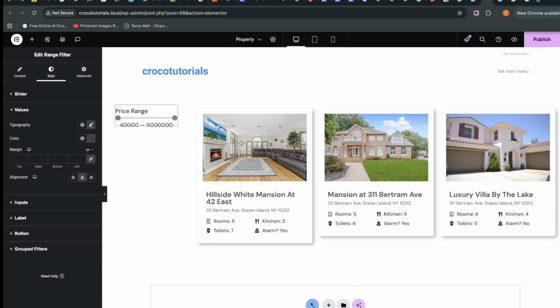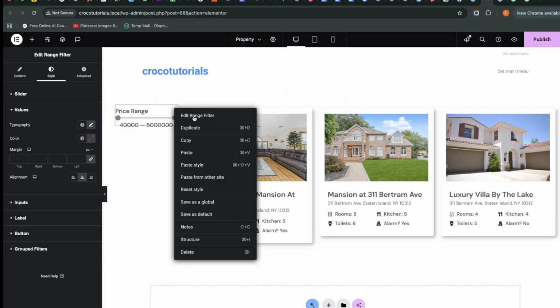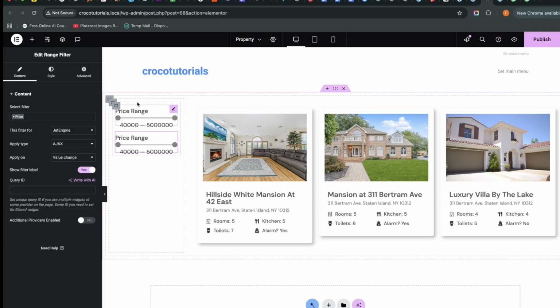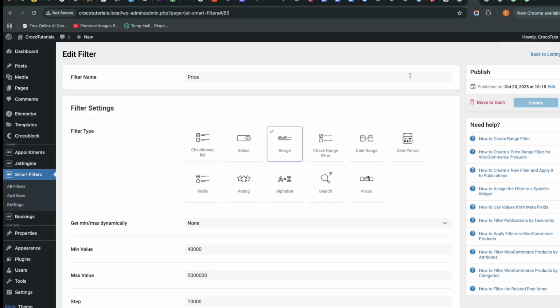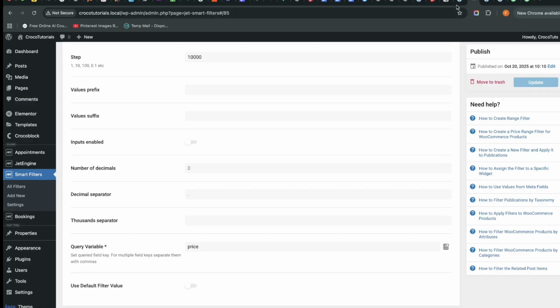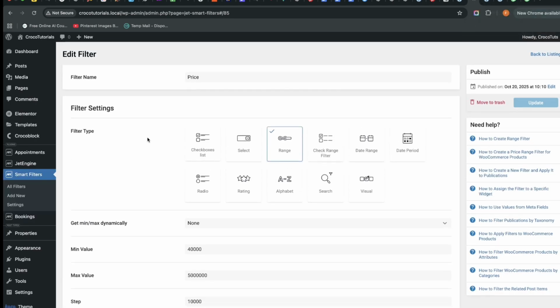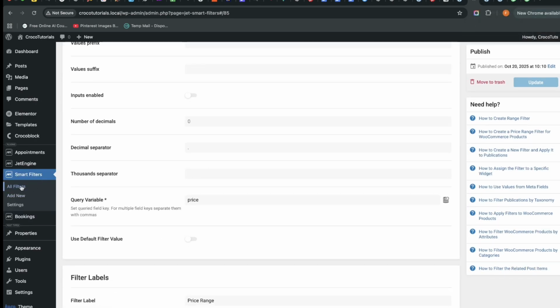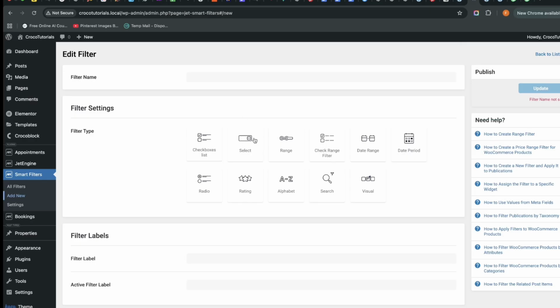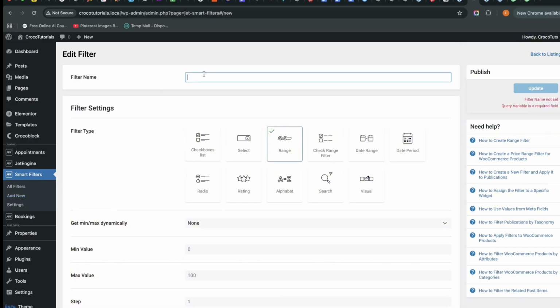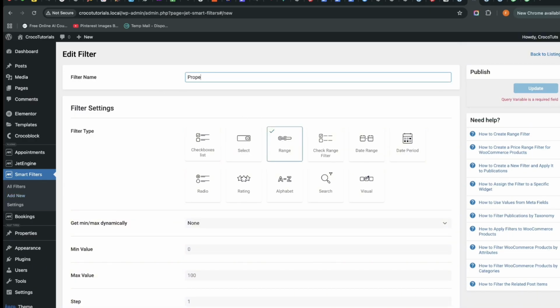The next, I want to use the same, but this time around it's going to be for size. Let's come here, size, which is going to be square feet. I'm just going to copy this, and I want to come back to filters, add new, and I still want to use range. I'll say property size,